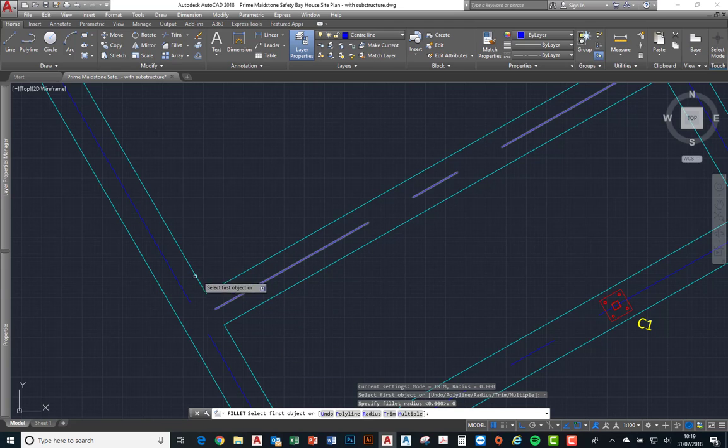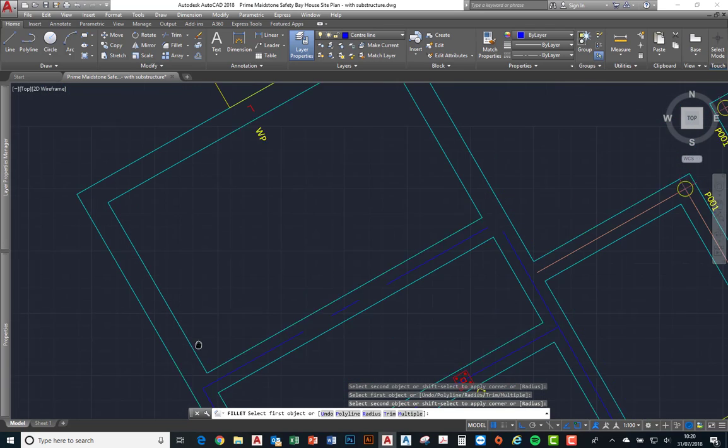And then we select the two lines that we want to fillet, or we can select M for multiple and select more than those two lines, so we can select that line and that line. Usually you want to select it close to the end of the line, and as you hover over it shows you what it's actually going to do for you. So we've got that one which we've filleted, we've got the corner there. We can do the same with that one. Okay,